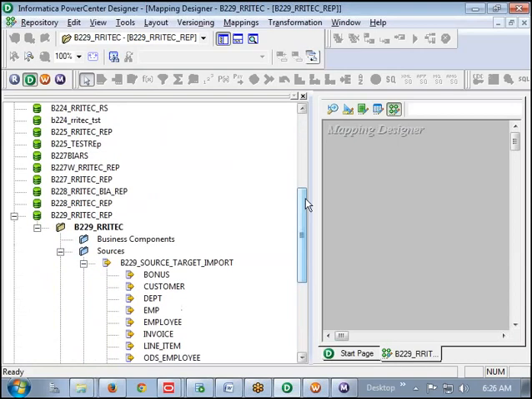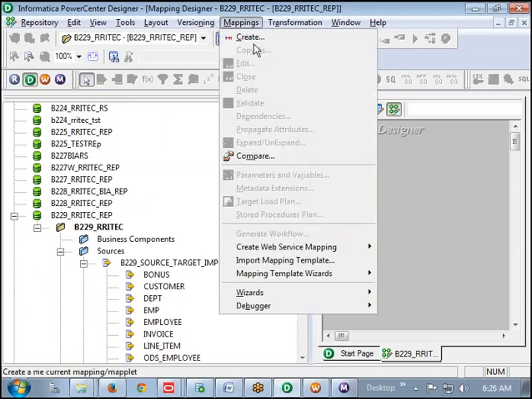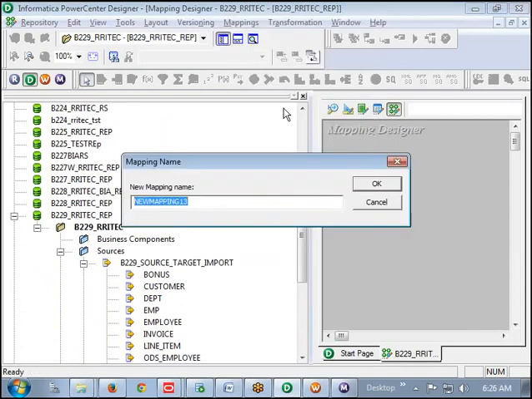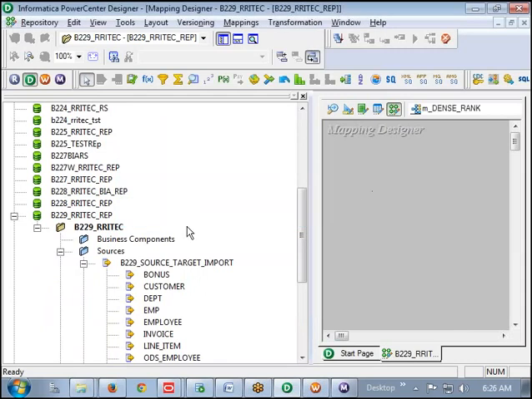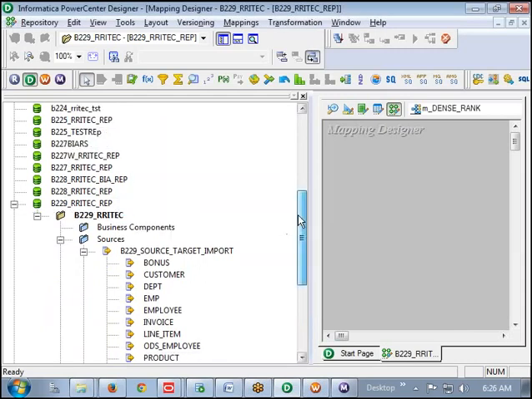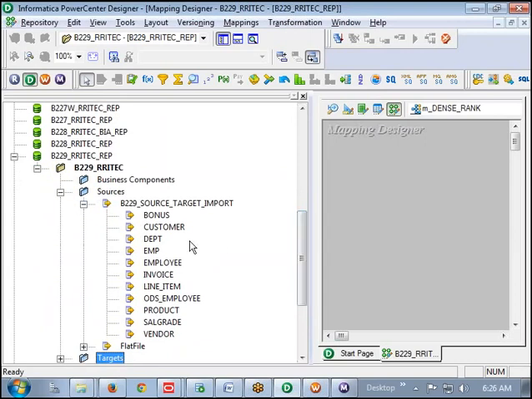Go to the mapping menu, then create. So m_dense_rank, then OK. Source is the EMP table and target is dense_rank.